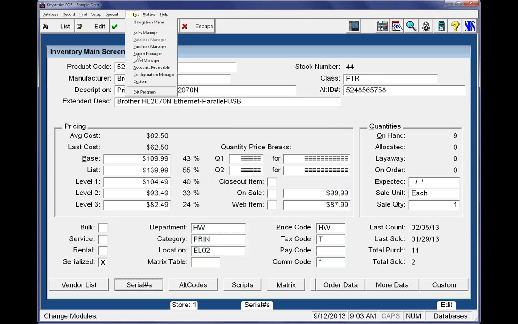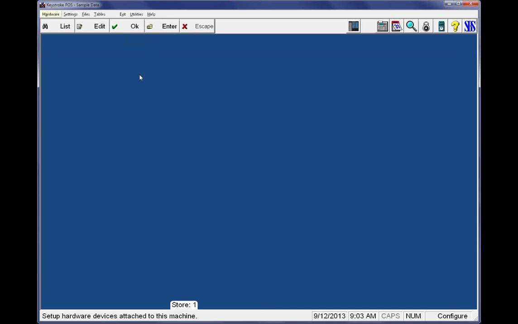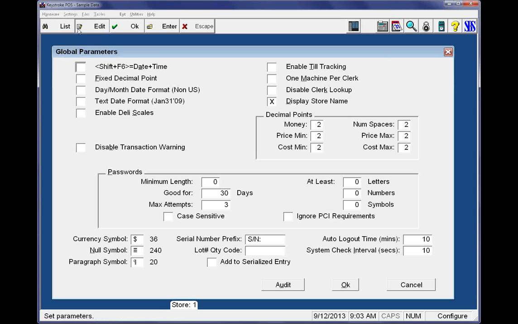So I'm going to go to Configuration Manager from the main menu, or the exit menu in my case, under Settings and Parameters. And here, down by the serial number prefix, which is used to designate the beginning of a serial number, where a carriage return designates the end of the serial number, we have this lot number quantity code. This is just used as a reference point, but we have some examples in our F1 help that say if we use something simple like the word quantity, or QTY for instance, that would indicate, okay, I bought a